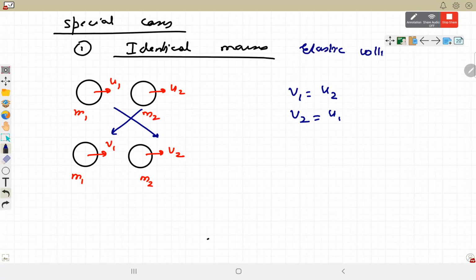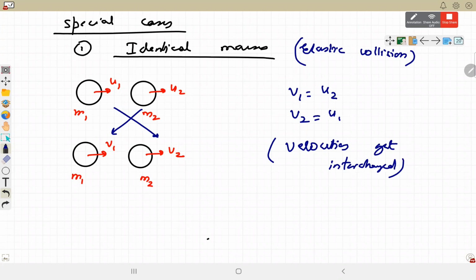Elastic head-on collision में उन bodies की velocities आपस में interchange हो जाती है. Velocities get interchanged. इनफाइनाइट मास के साथ हम देख चुके हैं, इनफाइनाइट मास के साथ कोलिजन होगा तो डायरेक्शन रिवर्स हो जाएगी, मोमेंटम mv से माइनस mv हो जाएगा. नेक्स्ट केस अगर ये आइडेंटिकल मासेस के बीच में ऑब्लिक कोलिजन है. In the head on elastic collision it is going to exchange their velocities.